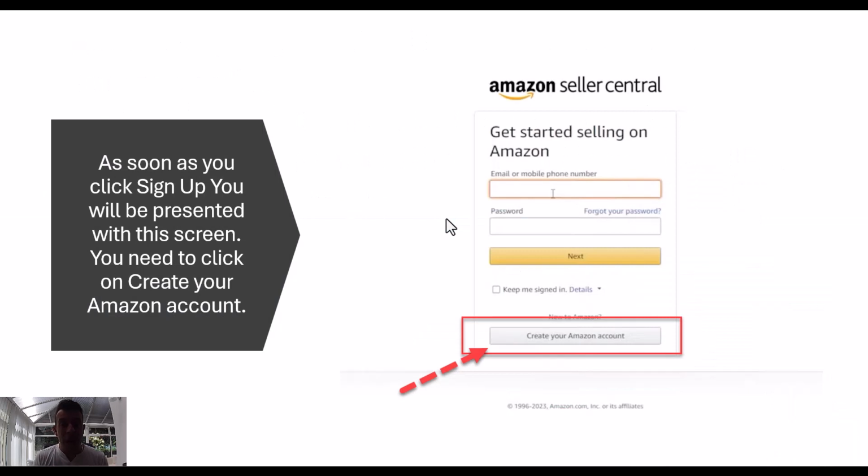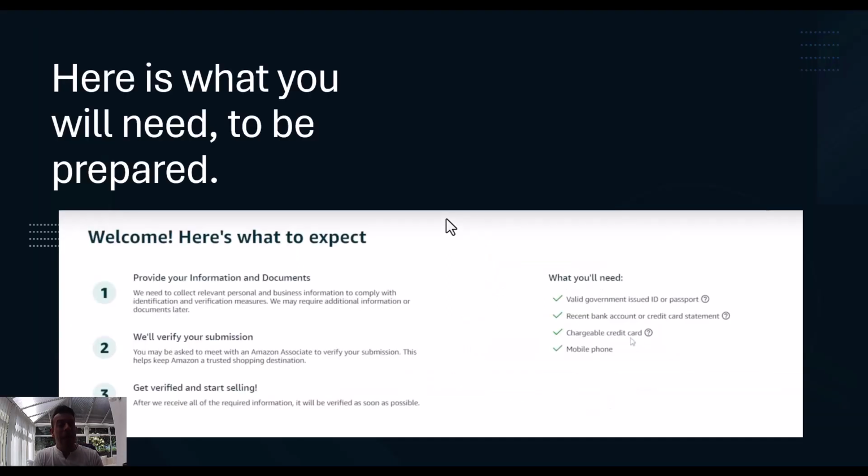The next screen is the one where you'll have to click on "create your Amazon account," okay? And it will take you to a page where you will need a few things to get started. Basically, you will need a valid government issued ID or passport. You will need a recent bank account or credit card statement and a chargeable credit card. Obviously your mobile phone with a front-facing camera so that they can then verify you via a call that lasts